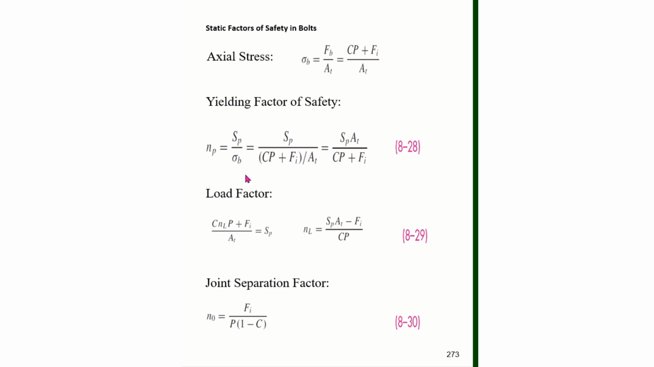We have the yielding factor of safety given by Sp over sigma b. Then we have the load factor, which is given by n_L equal to (SpAt minus Fi) over CP. This one here is commonly used. This is the general safety factor that's used in the expressions to compute Fi. Then we have the joint separation factor, n_0, given by Fi over P times (1 minus